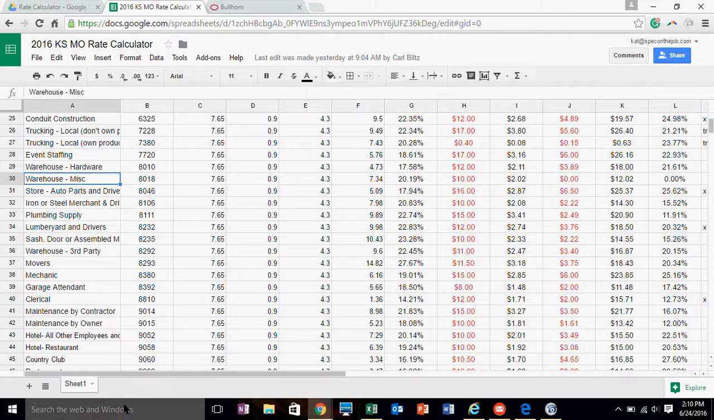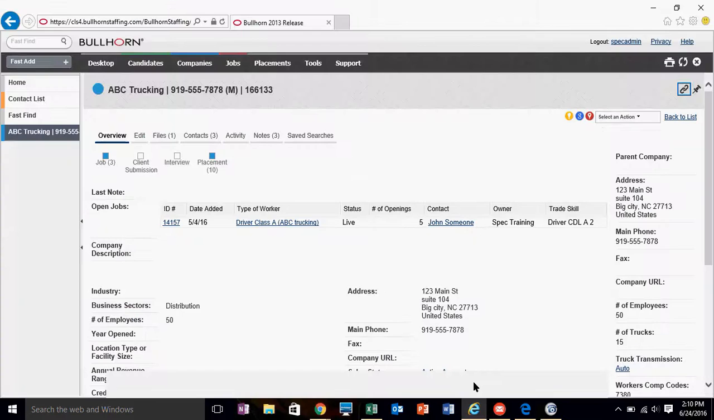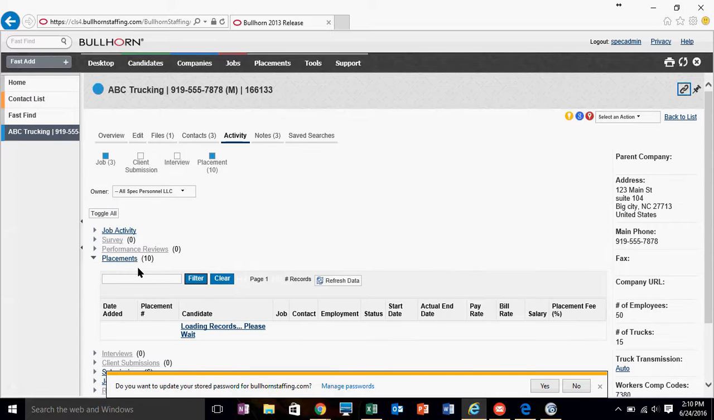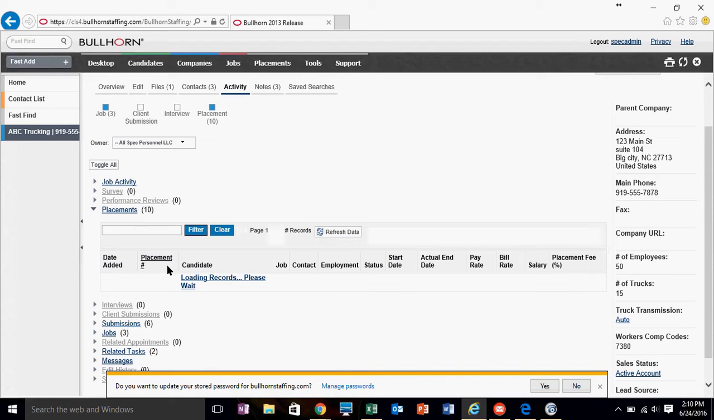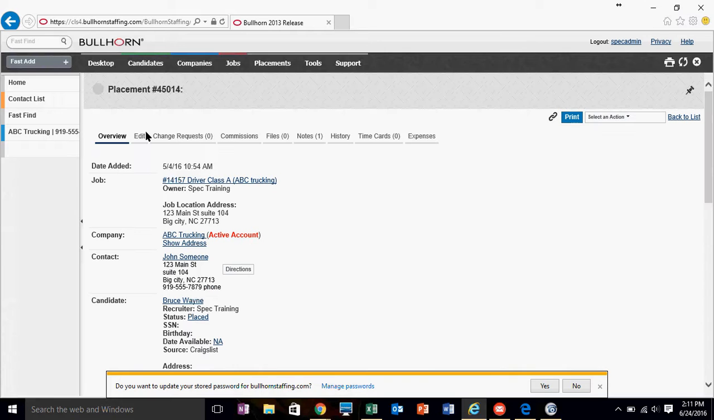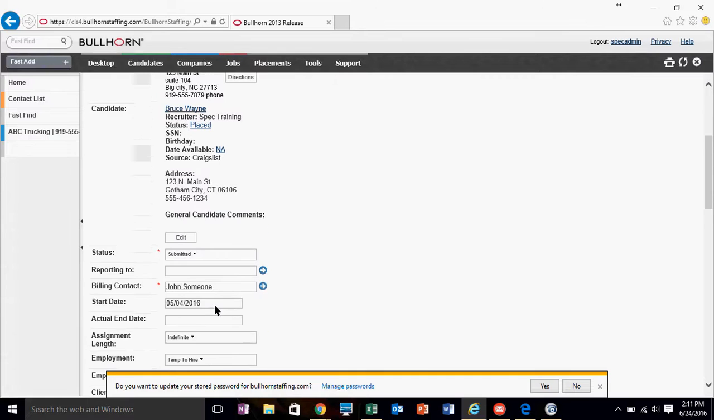What I'm going to do now, I showed you guys in New Bullhorn. Let me bounce into Old Bullhorn really fast so I can show you what I'm talking about with some of the placements and where you need to put things. It looks very similar, so I'm sure you won't really have an issue here. All right, Bruce Wayne. Same thing, you want to make sure that your